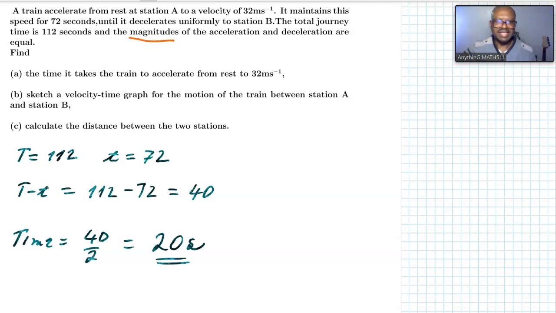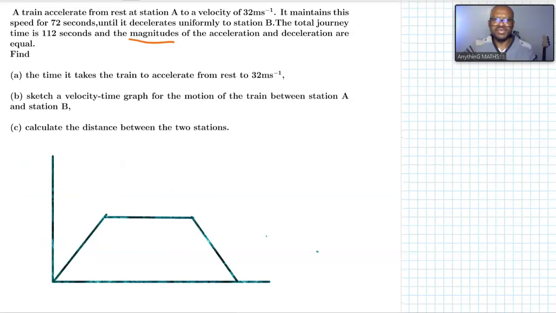So I just want us to look at that aspect as well from the velocity time graph point of view, by drawing the velocity graph. So let's have a look at that solution as well. We're still on A. Now imagine we don't want to solve it the way I solved it previously. We're going to look at the velocity time graph. So this one will be 0. We label the axes v in meters per second and t, and this final velocity here will be 32,